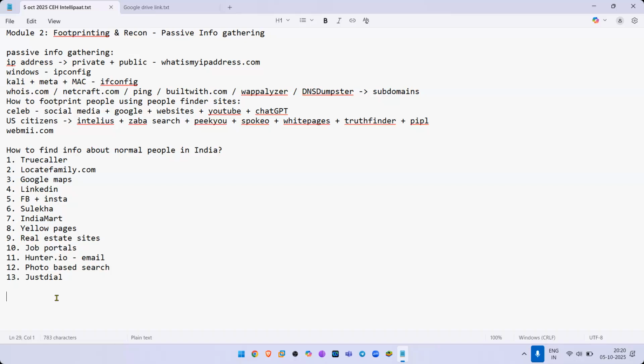We used the paid version of this thing, reverse image search, and luckily we were able to trace his name. We got his name. Then we went to locatefamily.com. It was sheer luck that we were able to get that guy's address. We went to his house, and we were able to recover that guy's money. So this is basically how we can do that.